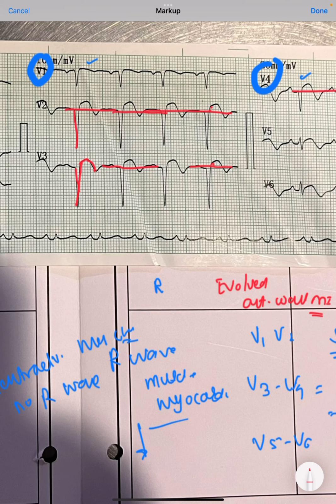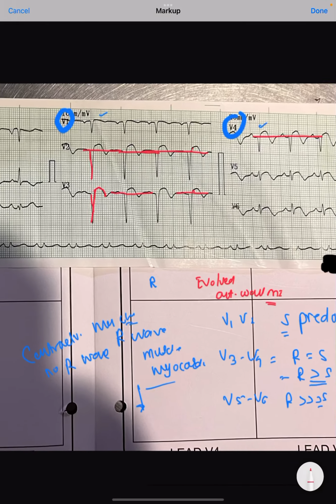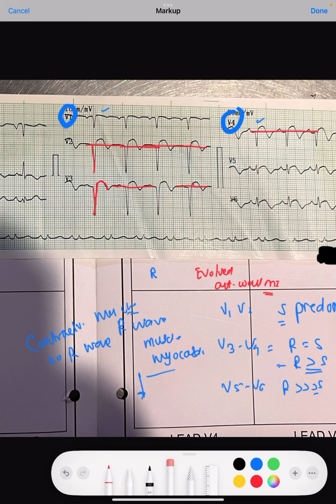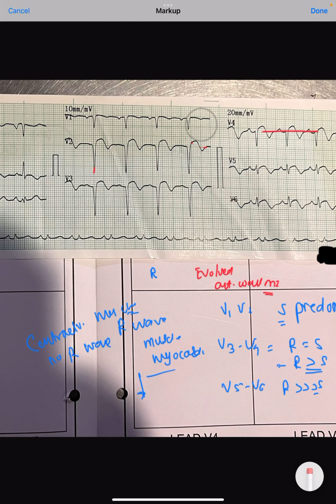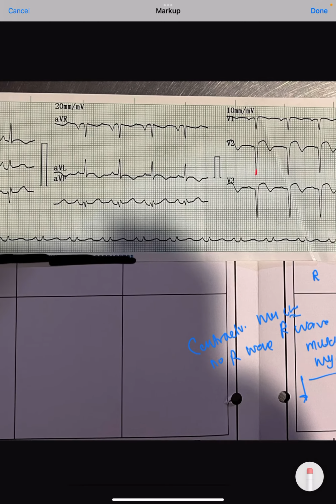Presence of symptoms, presence of ST elevation. This ST elevation could have been much greater in height, but as the patient had presented later, this ST elevation is settling down. So this is a very, very typical ECG of an evolved anterior wall MI,